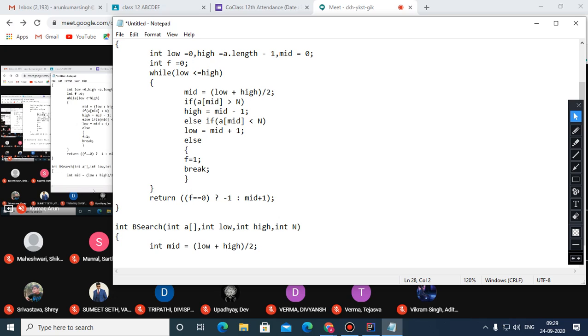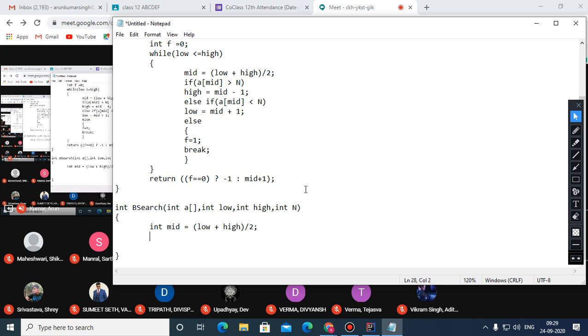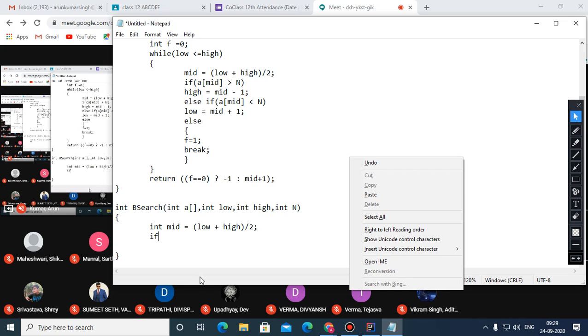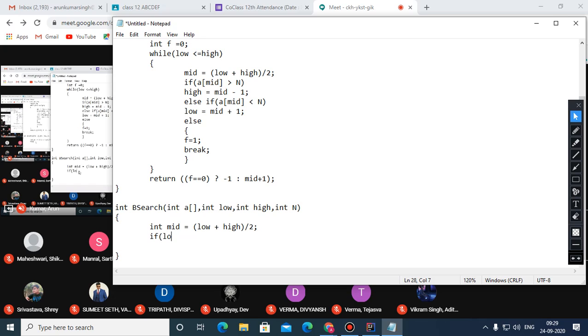So first of all, we need to identify the base case. So what is the base case? Children, if you see this condition, the loop will go till low is less than or equals to high. So it will terminate only when low becomes more than high. So here the base case will become: if low becomes more than high, it means element not found, immediately return -1. No need to search. So whenever the base case becomes true, the control leaves the function body.